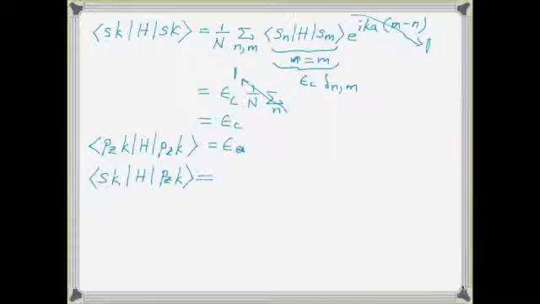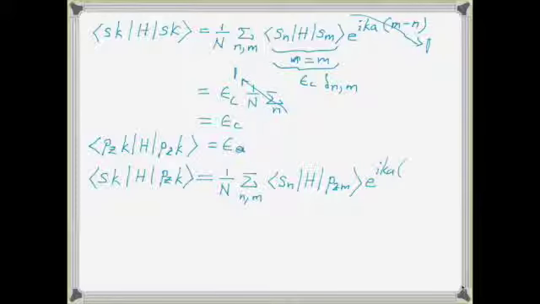All right, so that's going to equal 1 over n sum n comma m Sn h PZM and our phase factor e to the I